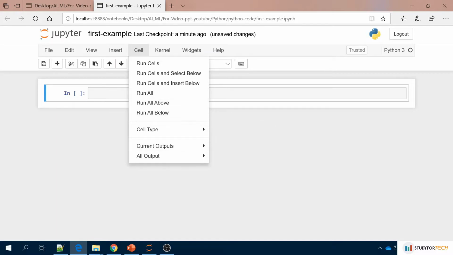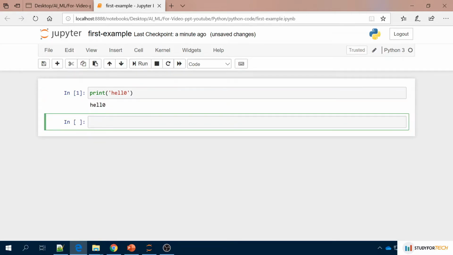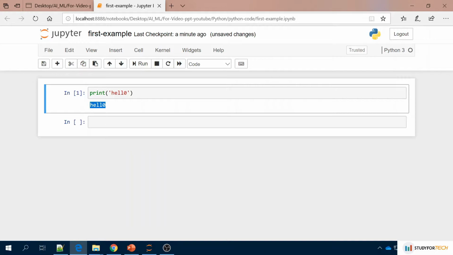Before that, let's type something here. Suppose I want to print something. This is the first statement. If I want to print, let's say, hello, and you click Run, it will print hello.